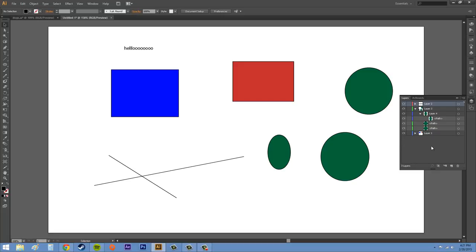So the first thing I want to show you is how to select layers. And that may sound easy, but not everybody might know how to select layers, and that's okay. So all you need to do to select a layer is go into your panel and just click. Now, there are other ways to select layers, such as if you want to select a few layers. All right, so the way you do that is you select your first layer and then you go down and you hold shift to wherever the next layer is that you want to click, and then click,